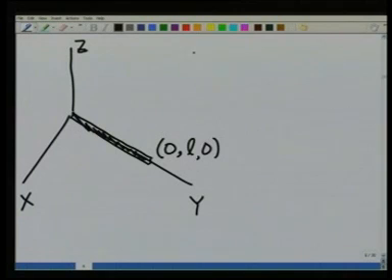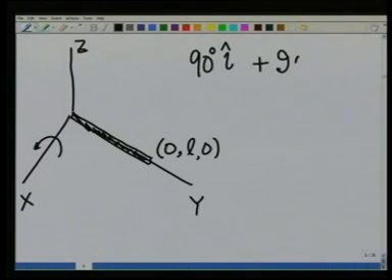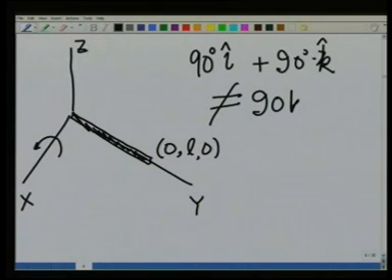Then I first gave it a rotation of 90 degrees about the x axis in counterclockwise sense, and then rotated it about the z axis again by 90 degrees. Let me write this k. This was not the same as rotating it first about the z axis and then rotating it about the x axis. Let us see it